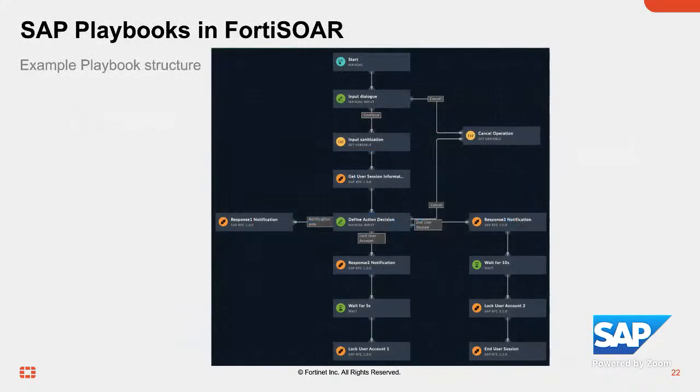An alternative example I provided here is how such a playbook could look. That's, by the way, a real playbook I created a couple of weeks ago, especially for an SAP use case. In that case, we started manually, but it could also be fully automatically started. So if there is an alert coming from SAP ETD, then this playbook gets started. And in that case, as we started manually, we need to input certain information, like which username and what is the terminal IP address where you want to take some action. And then we get this user information from our SAP system. You could also, for example, select here which SAP system is used.